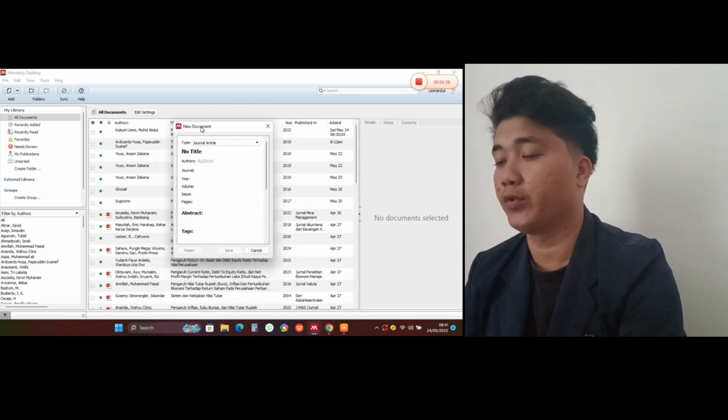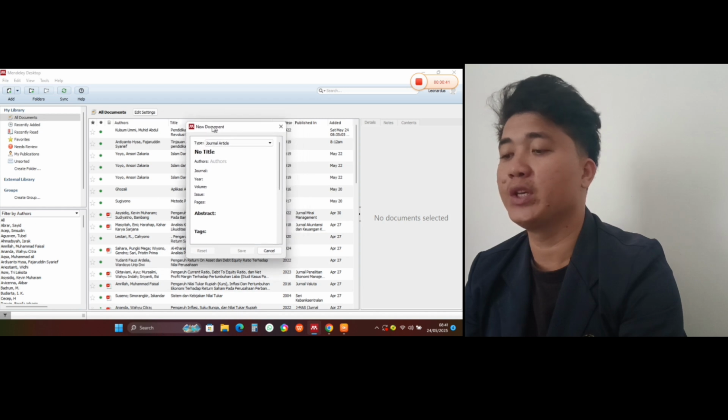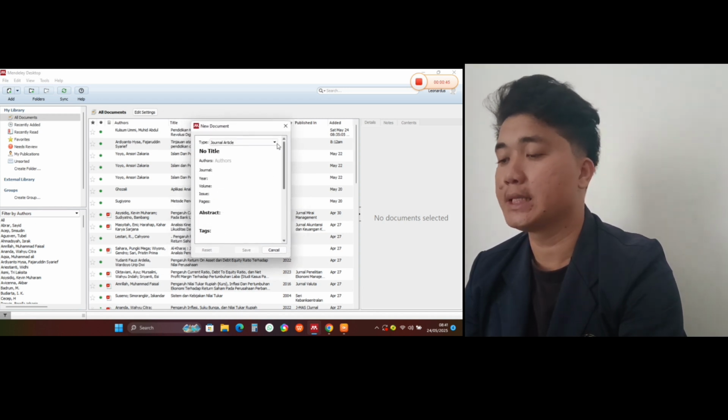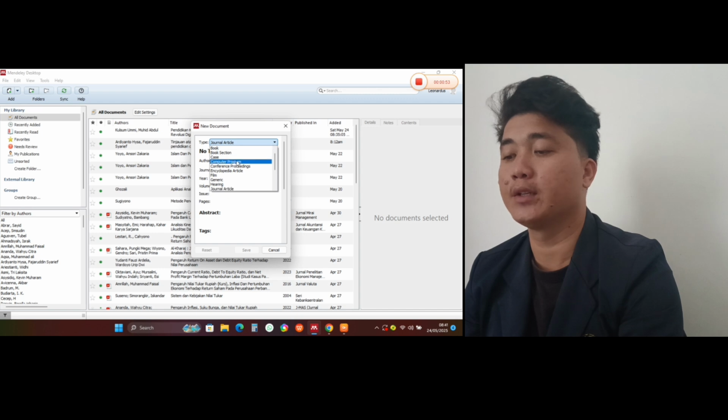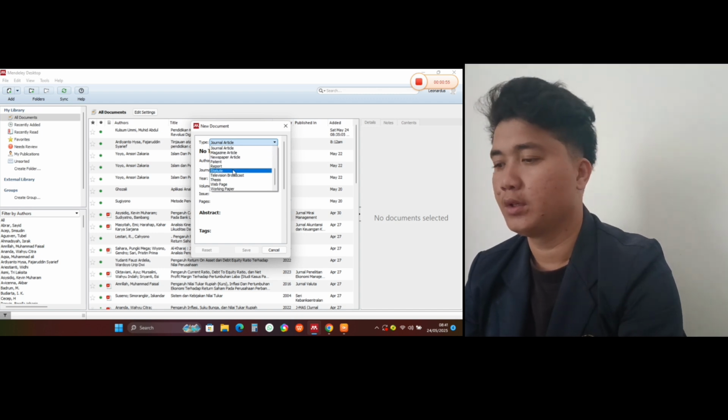After 4, when it appears, we will fill in all the fields in the box. After 5, select the Type menu in the small box. Select film because YouTube does not exist.